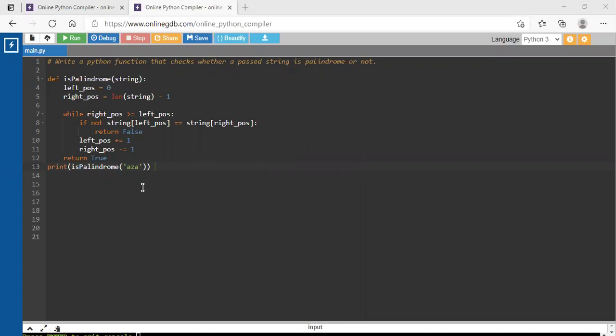Now we will run this. Firstly, I will tell you again regarding this. We have to put a string here, and a function. In that, left position is 0 and right position is the length of the string minus 1, because the last value in the range is exclusive. After that, we have to check a loop while right position is greater than or equal to left position, because we have to